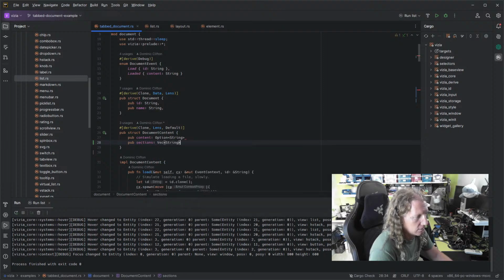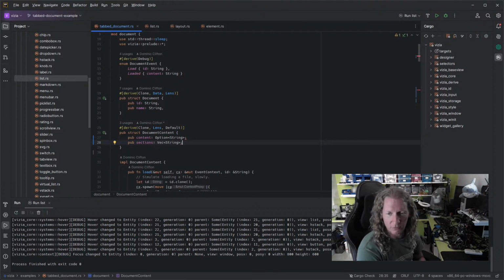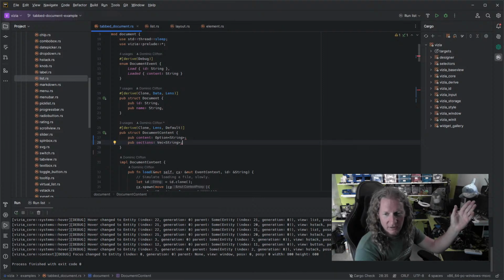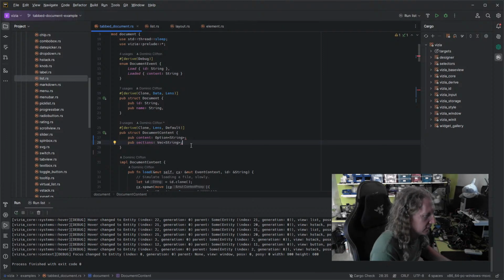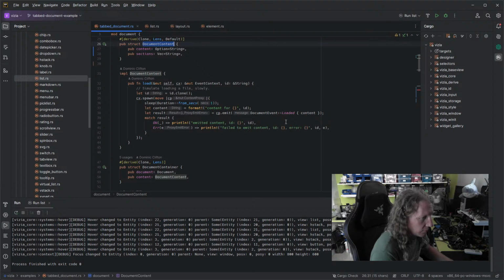Right? This seems fairly reasonable. Like if you were editing a Word document or a Markdown document or whatever, and you've got your table of contents, you sort of want to display that. So this document content needs to have one of these, but we need to have